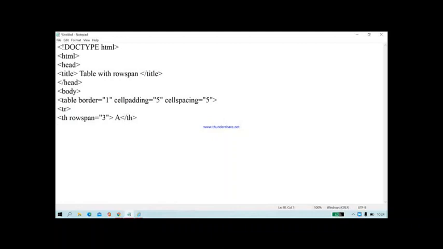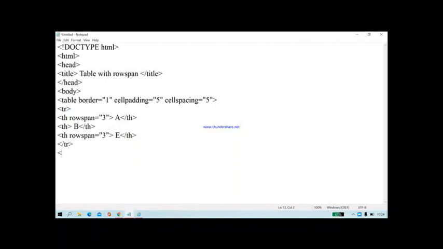Now after first row, first column, the row doesn't get over. So here you have to combine A, B, C, D and E. So A, B and E, you have to combine it in one row. Now here B, /th, and after E, your row gets over. So here I am giving rowspan is equal to 3 again, E /th. Now first is A, vertical cell B, last cell is E. So after E your row gets over. So now I am closing with /tr.